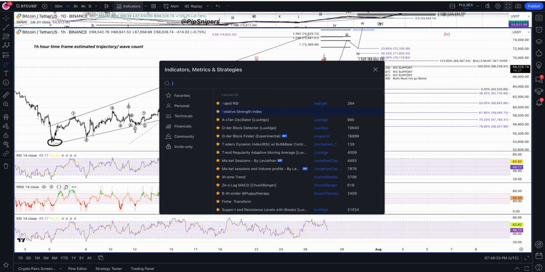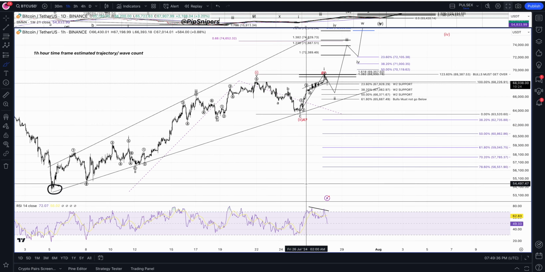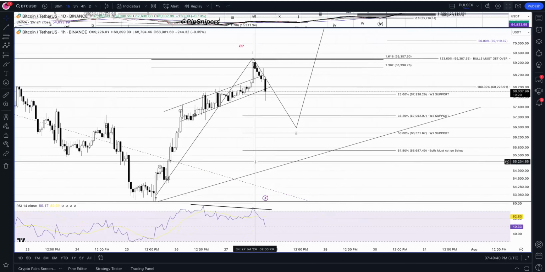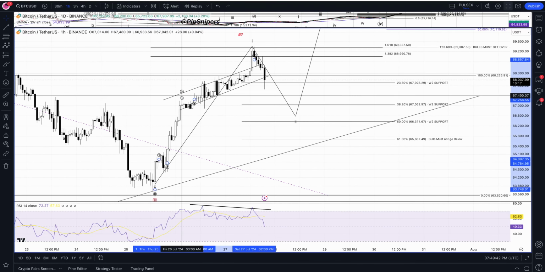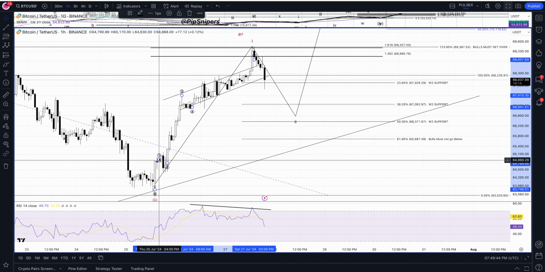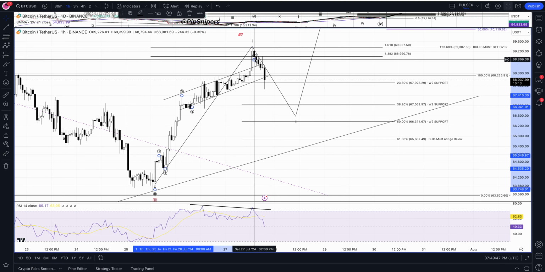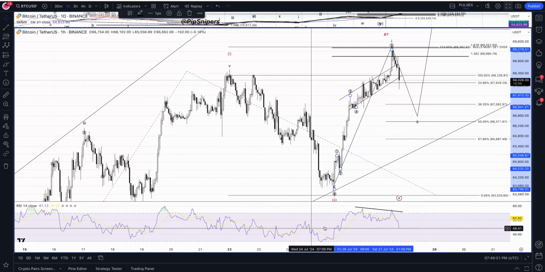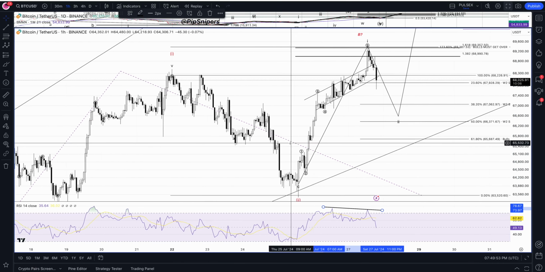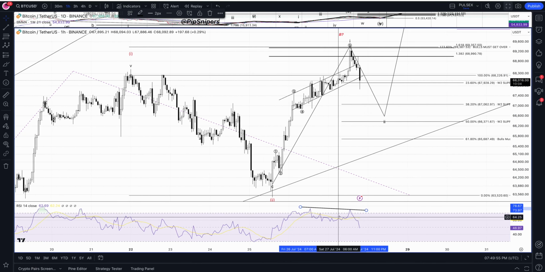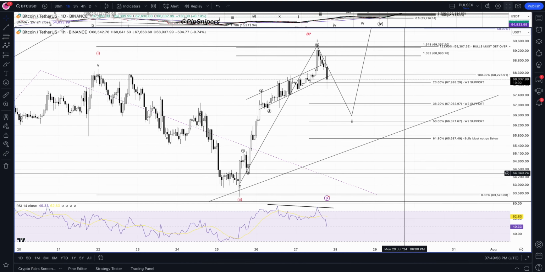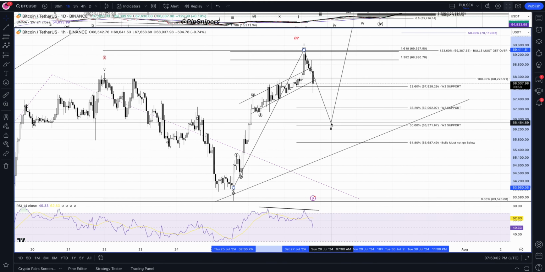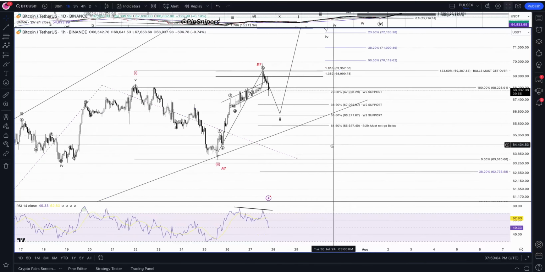Okay, so as you guys can see here, the price is going higher. The price is going higher here in an ending diagonal formation, although the RSI is printing a lower high. So we have a higher high on the price, although we have a lower high on the indicator. Okay, and now we're coming down below this ending diagonal for either a wave 2 or coming,